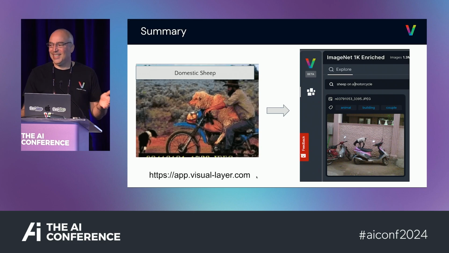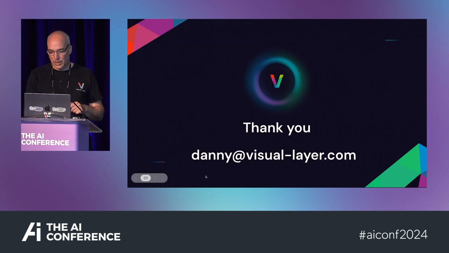Now, if we recap last year's lecture to this year's lecture, last year I had to work really hard, look at the visual data set, write some code, write notebooks, find a funny example, and show it and tell about it to the team. But this year I can just go to the platform, type a ship on a motorcycle, and actually I can find more instances of ships, because this is an outlier, but there are also other similar outliers. So our platform is free for evaluation. You can immediately try it out. It's app.visuallayer.com.